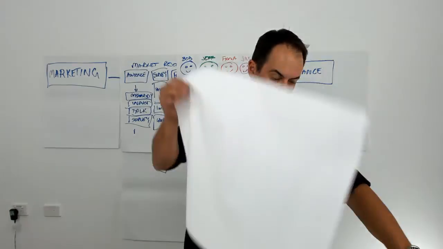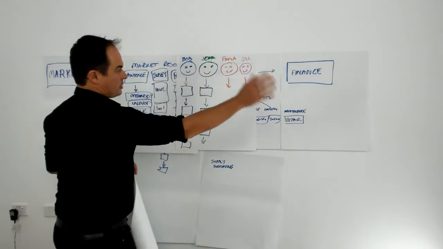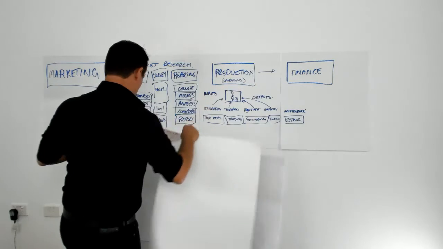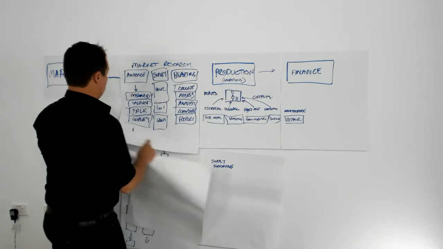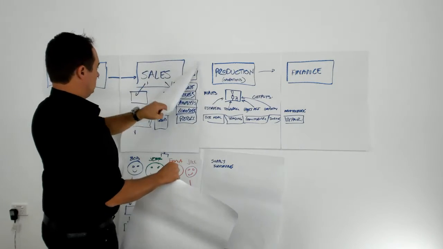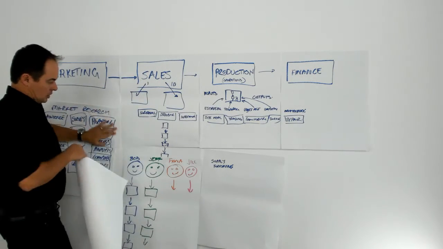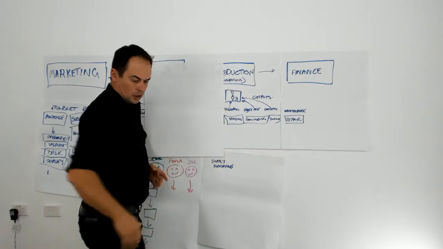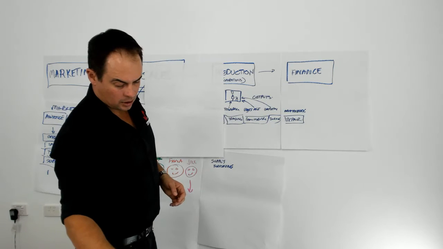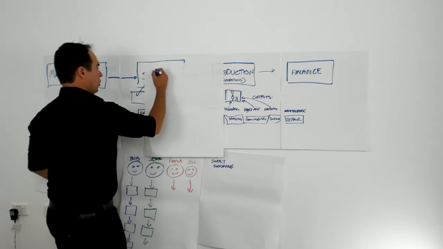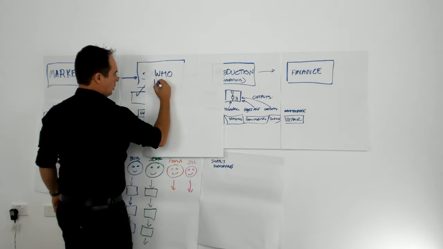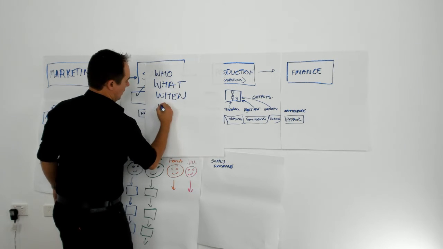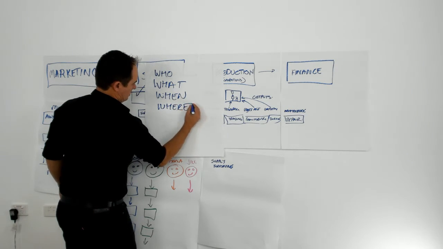It's really easy because for every single box on every single piece of paper that I've drawn on today, and you can choose how you'd like to make it look, and I'll do it again in blue so you can all see it, it's who, what, when, where, how,